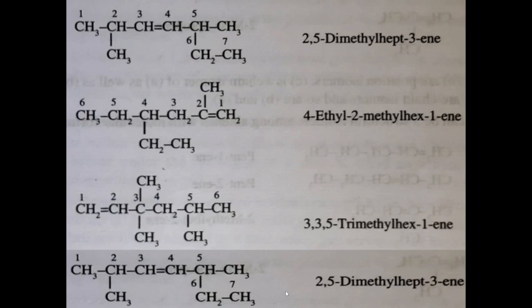Okay, so here we have on the second carbon atom 1 CH3 group, and this one an ethyl group, methyl group, methyl group, methyl group. So first we have to mention on which carbon atom the ethyl group is present. So this is 4 ethyl, then 4 CH3 groups are there, so 2 4 5 5 tetramethyl hex 1 ene. Okay,